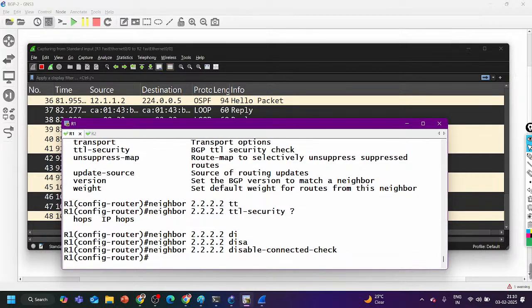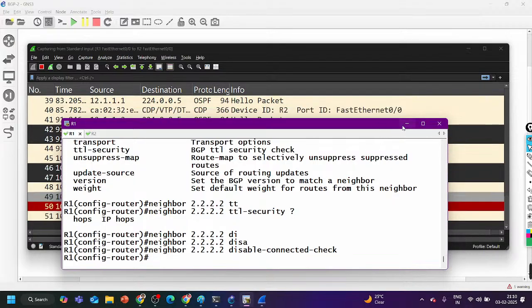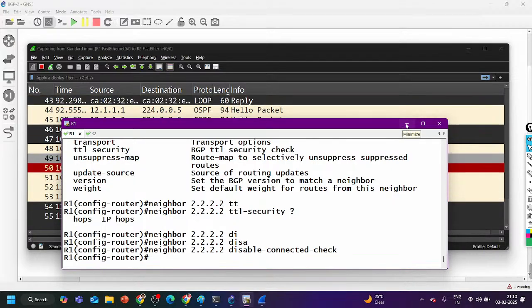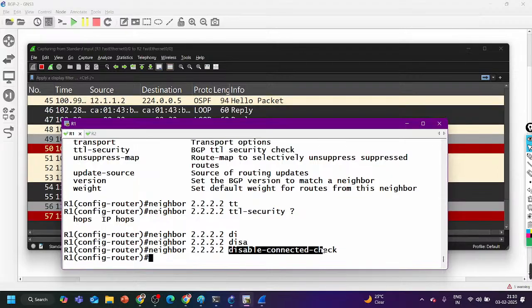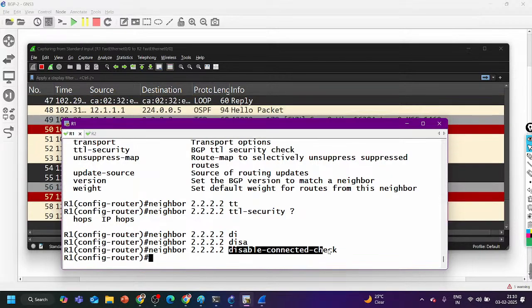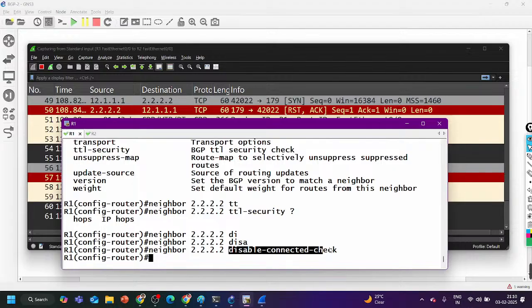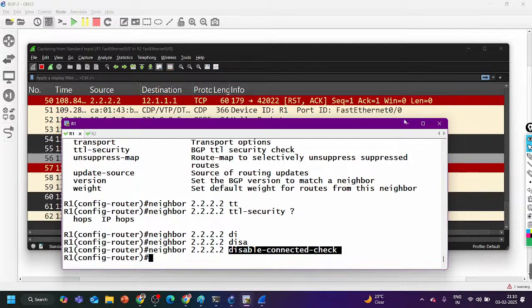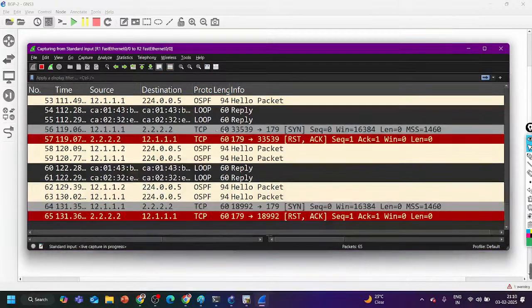Disable connected check. I will tell you about this later. By default, guys, for EBGP, the directly connected check rule means the neighbor should be directly connected. But in my case, the neighbor is not directly connected, so that's why I have disabled this rule. Right after that, you can see the router has started sending